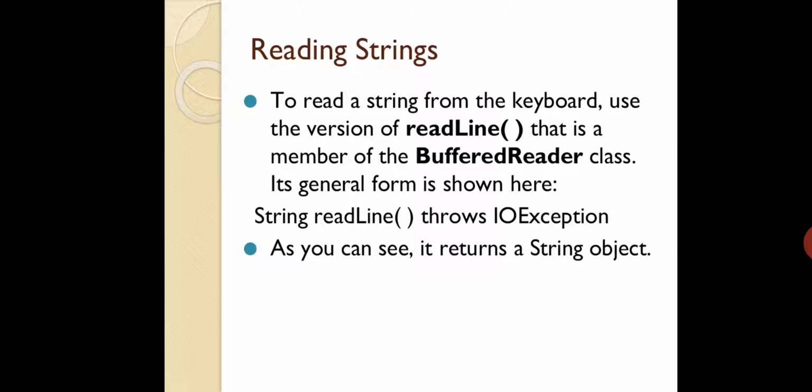Now here you are using the String data type because you want to read the entire line. For example, the line is like, my name is Srinidhi and I am working in SVS Bantwal. That is the entire line, the entire string. If that entire string has to be taken, then you have to use this String data type and go for that general form. As you can see, it returns a String object. Why does it return a String object? Because you are reading the entire string from the user. It is an entire line. The readLine method will get the entire line given by the user. That is the meaning.